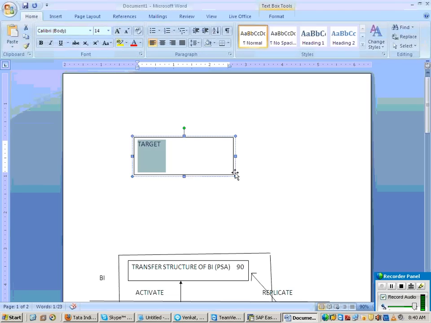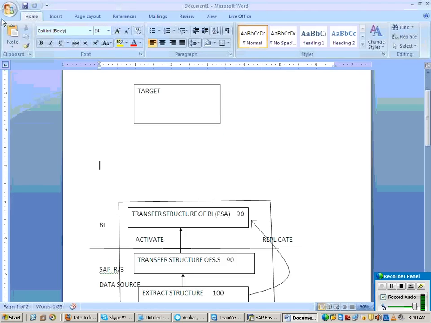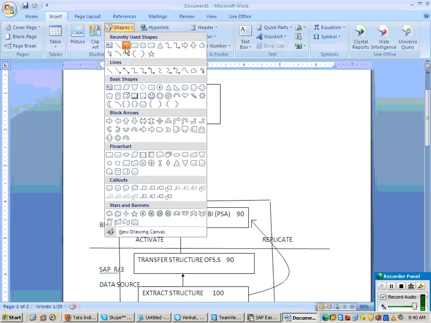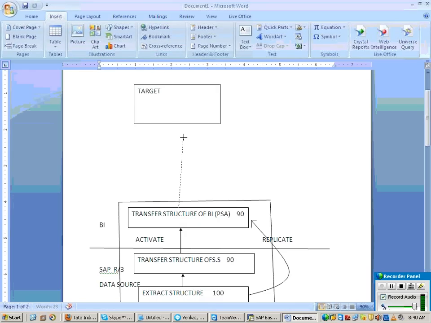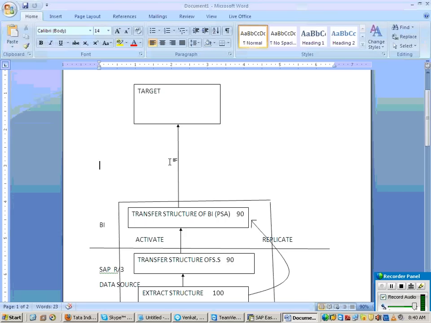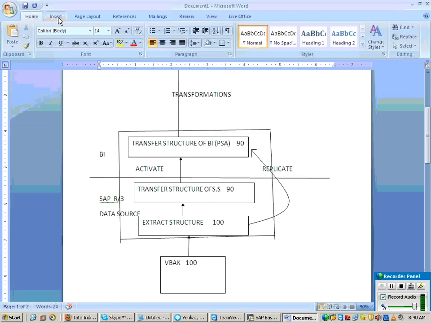So make your target ready. Once the target is ready, you create the transformation. Once the data source is ready, the next part is all the same.